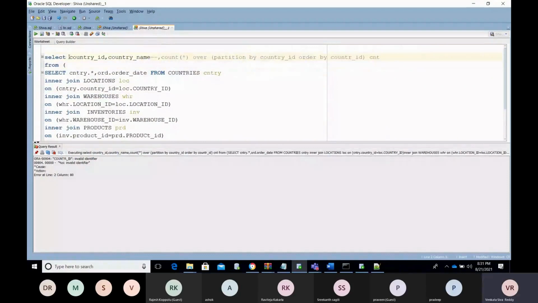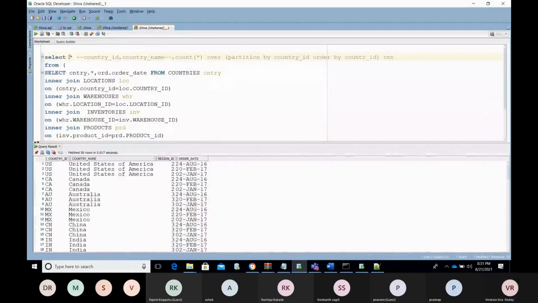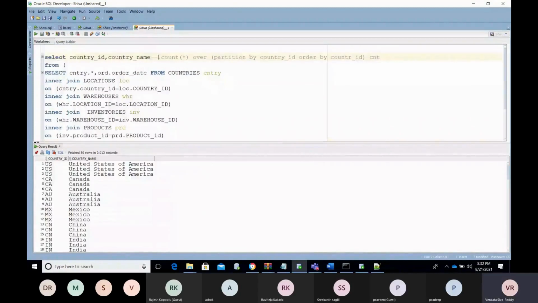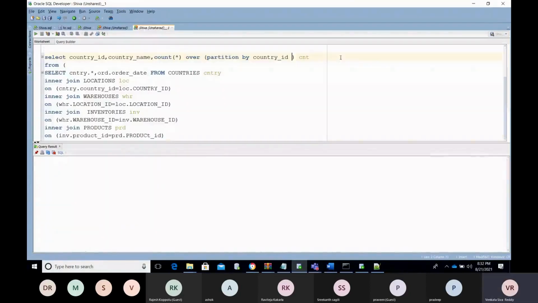Instead of all columns, I'm going to use the country ID along with these 2 columns, and then over partition by country ID.